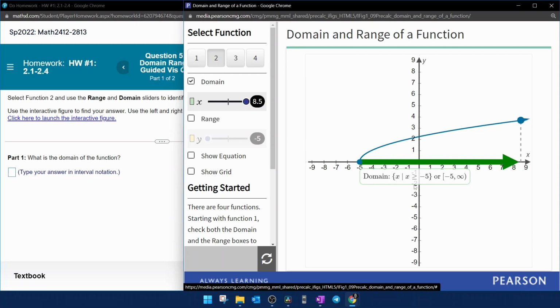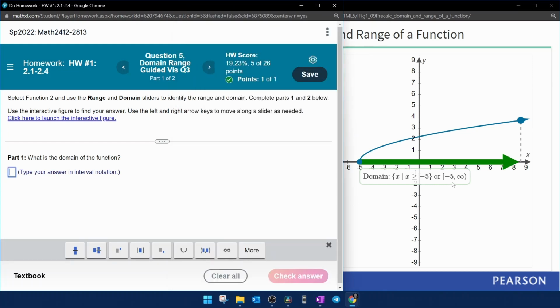Now there's 2 ways to write the domain. You can say the set of all x such that x is greater than or equal to -5. This is set notation. Or you can say everything from -5 to infinity. The bracket says that -5 is included in the domain. And we do want our answer in interval notation. So we're simply going to copy what they gave us over here with a bracket from the keyboard, -5, comma, infinity from the toolbar,